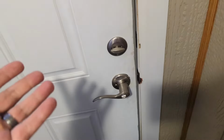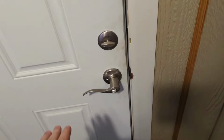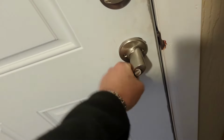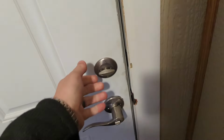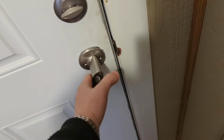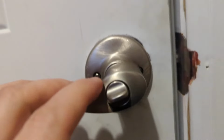Alright, so one day you're trying to walk outside of your house or your bedroom or whatever, and you try to open the door, and this happens. Can't get out. It's unlocked. Clearly it's unlocked. This is locked. This is unlocked. So you take a closer look,